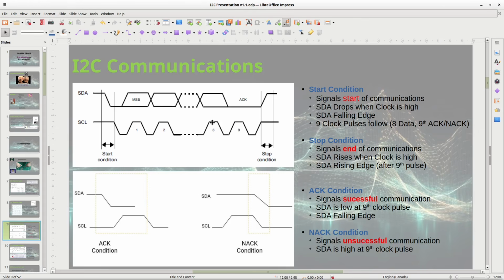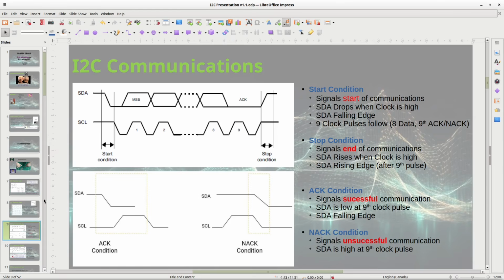The 8th clock pulse is used for read-write, and the 9th clock pulse, this is very important if you're going to be decoding this, tells you whether you've got an ACK or a NACK. So during that 9th clock pulse, if a device pulls SDA low, that means ACK. And if the device doesn't pull it low, it's a NACK.